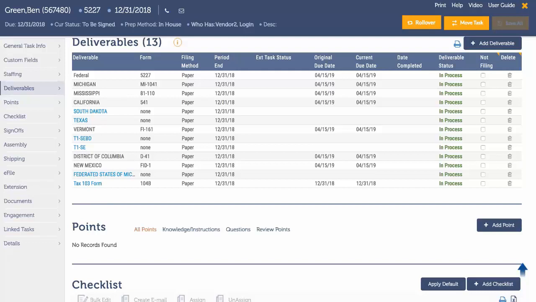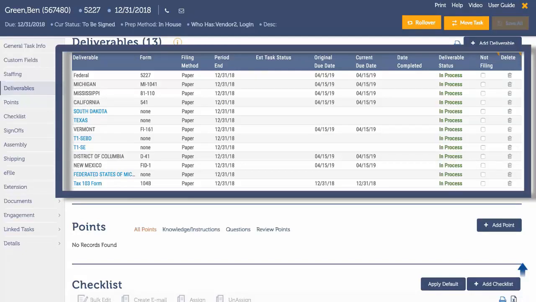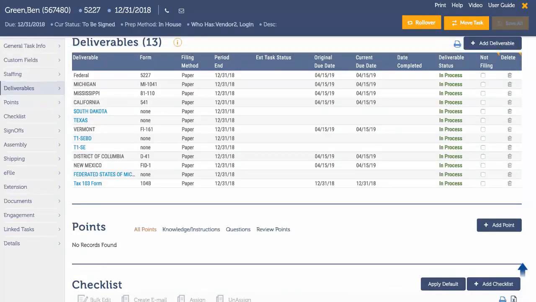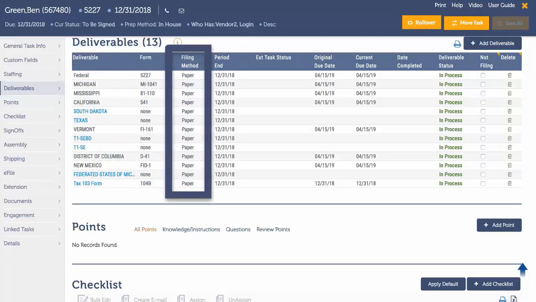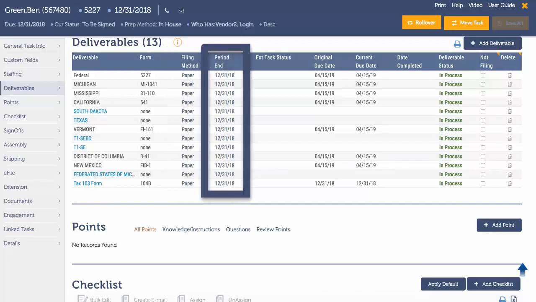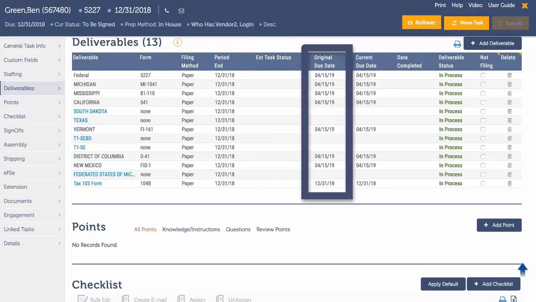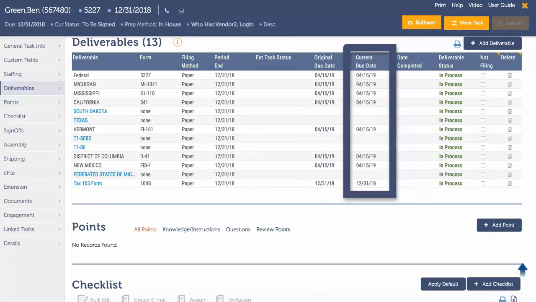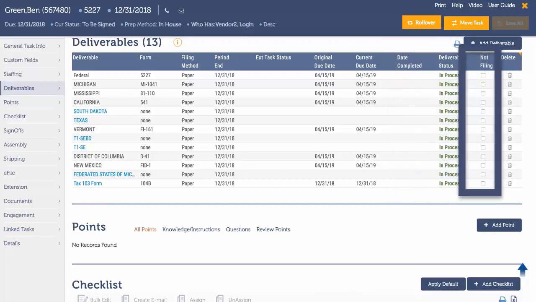After you have added all your deliverables to your task, you can see them now in the deliverables section of the router sheet. The columns in here include the deliverable name, the form information, the filing method related to that specific deliverable, the period end date of the task, the extension task status, where the extension is in the workflow, the original due date for the deliverable, the actual current due date for the deliverable, and these may differ depending on whether or not the deliverable has been extended, the deliverable date completed, the deliverable task status,